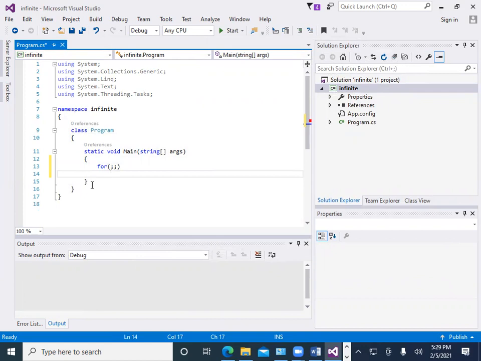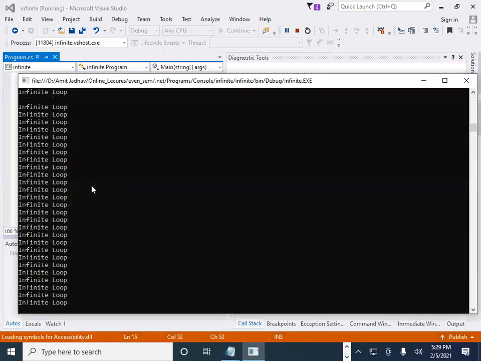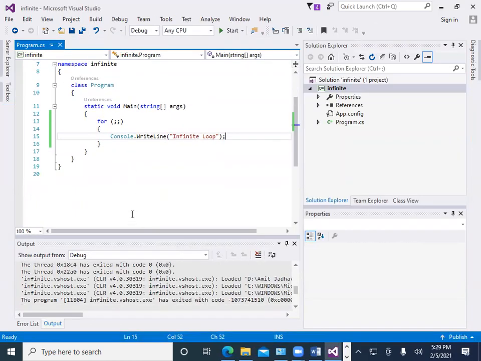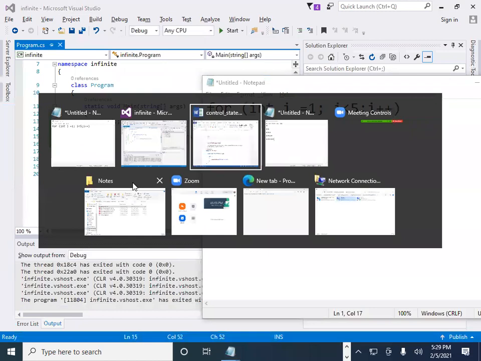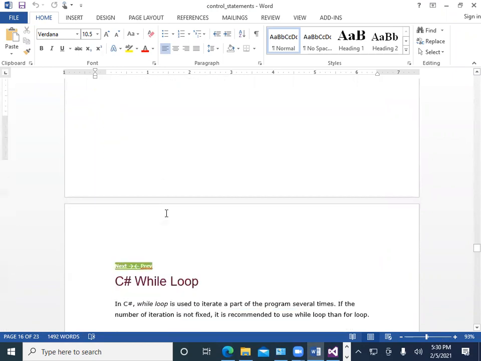After that I print here infinite loop, end with a semicolon, and run the program. So it will print the statement infinite times because it does not have a termination condition. To terminate it, we press Control plus C. So this is the infinite loop, where it prints infinitely because it does not have any termination condition.